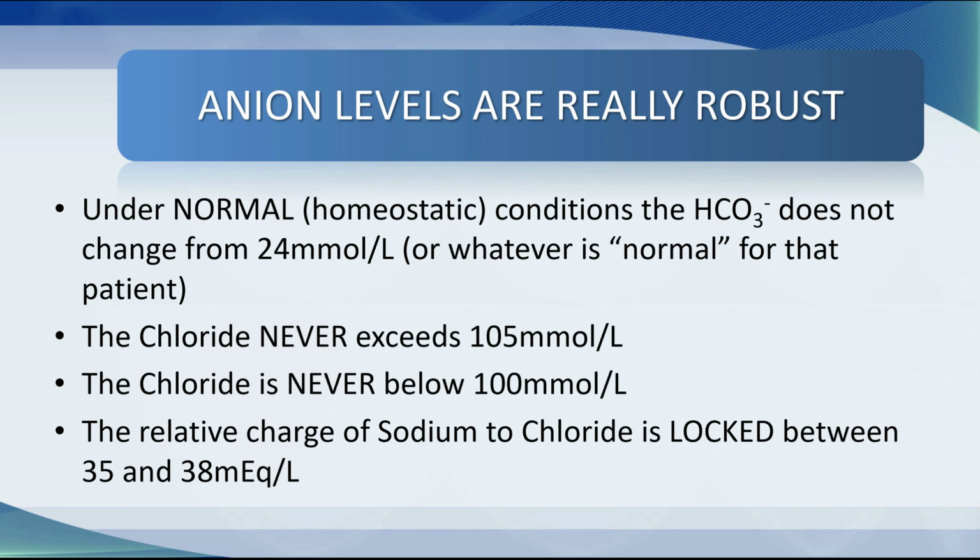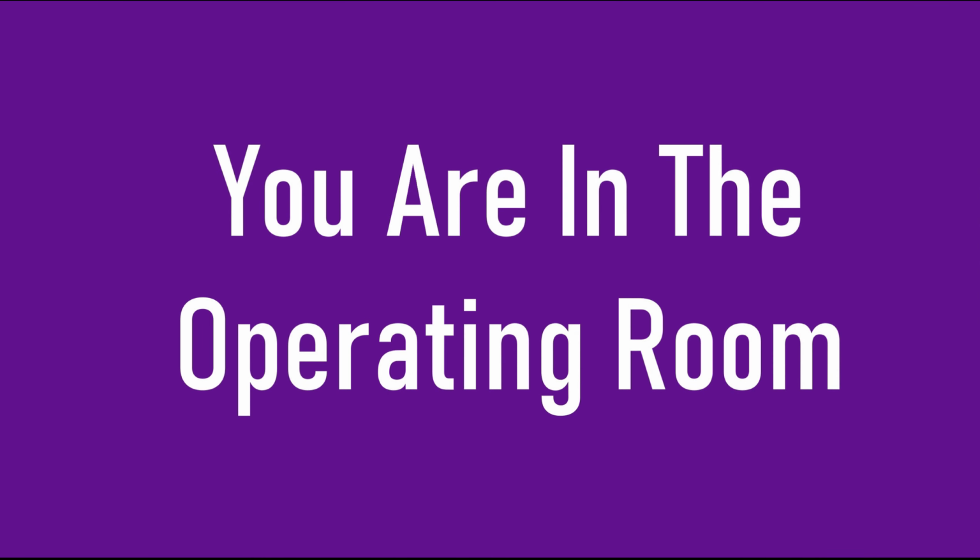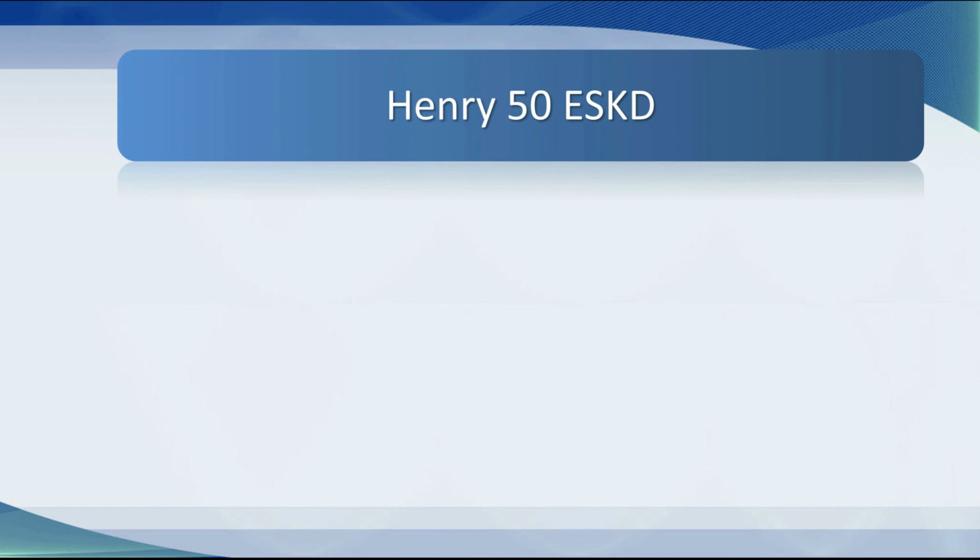I'm going to illustrate this by looking at a stylized example of how upsetting the sodium to chloride ratio may occur. The most important mechanism is iatrogenic. You're in the operating room and you're looking after Henry. Now Henry is 50 and he has end-stage kidney disease, and he goes to the operating room for a kidney